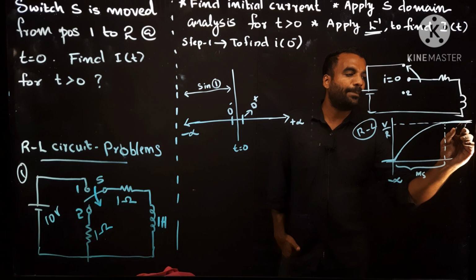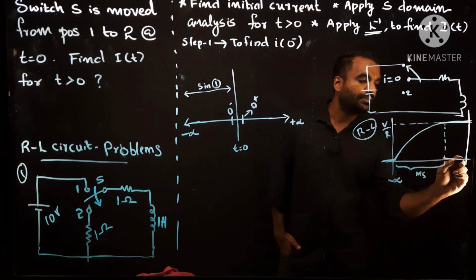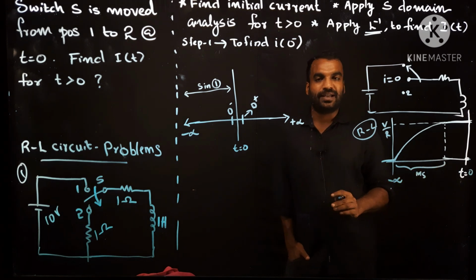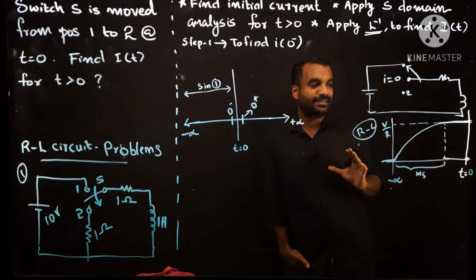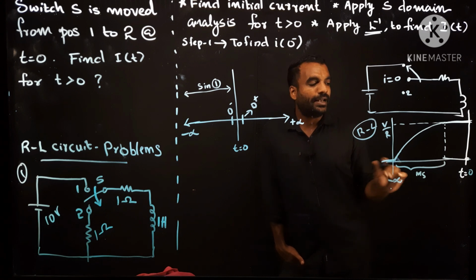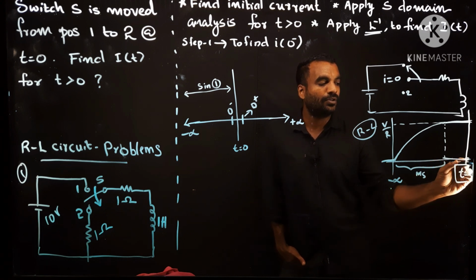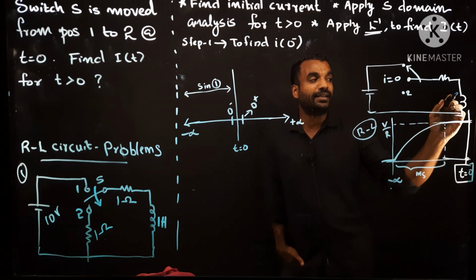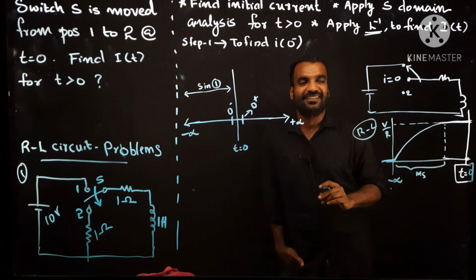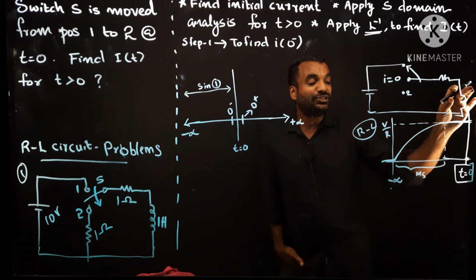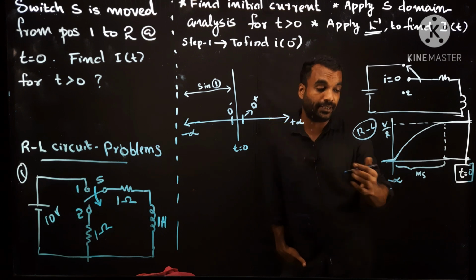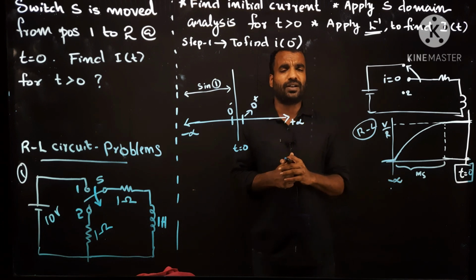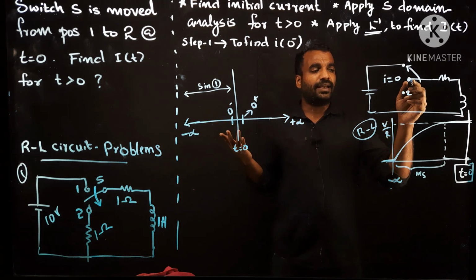But our condition is happening after that only. Suppose this is negative infinity, this is t equals 0. What I want to convey is, even though a switching happens at t equals 0, before a long time the resistor and inductor circuit is in steady state. So the inductor is in steady state from negative infinity. There was some disturbance very close to negative infinity. I don't know what the initial condition was, whether it was like this or like this.